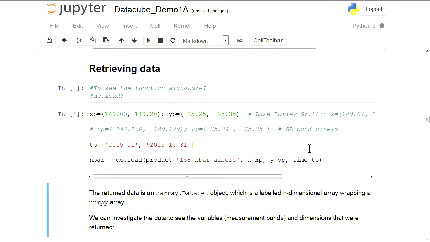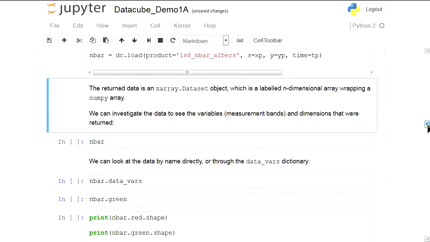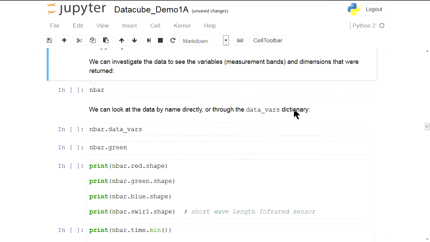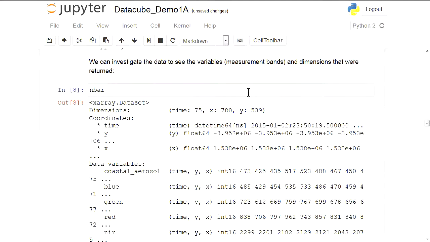I run this cell. This may take up to 1 minute, because it's going to the Datacube and retrieving 1 year of data archive covering the Canberra region. It's already done, very fast. And this is basically the data.